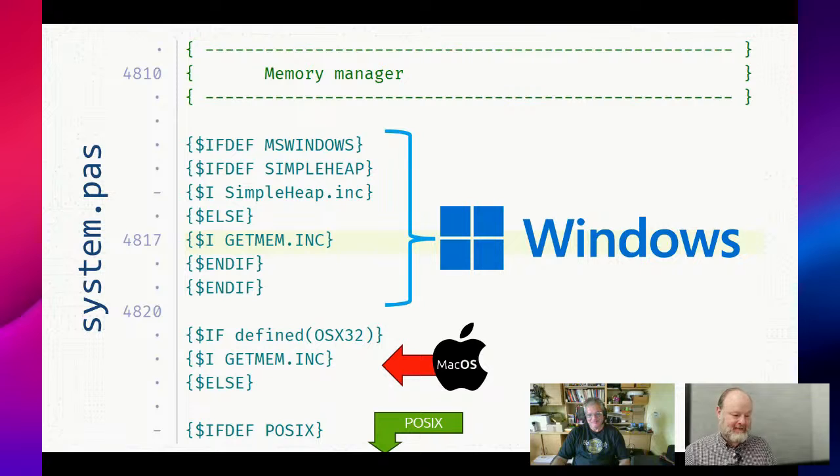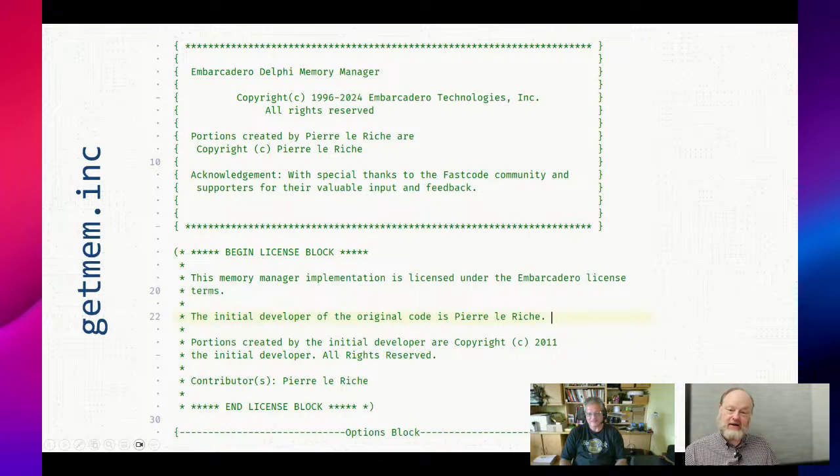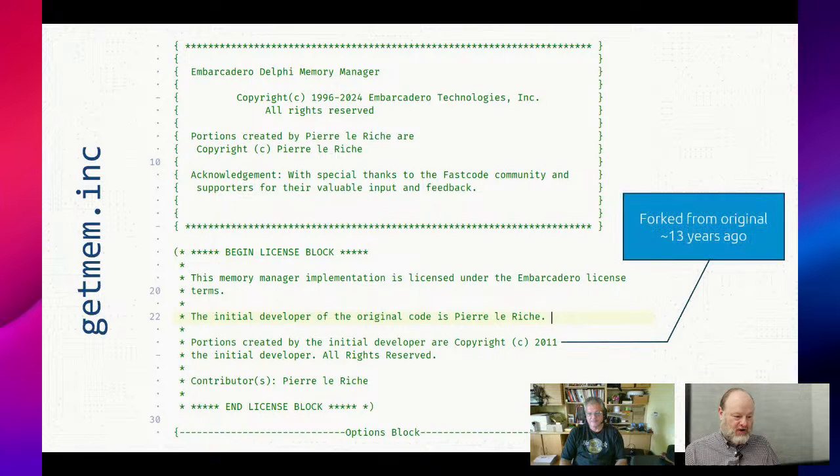Okay, all right. According to DocWiki, it is a different memory manager on Mac OS, but it's possible that's in here. So if you go into the gitmem.inc file and scroll down, you'll see that it's copyright Embarcadero, but has portions copyright by Pierre, and those portions are from 2011. So that's when it was forked from FastMM4. Anything that's changed in FastMM4, which is a lot, is not included in the version that ships with Delphi, although anytime there's a fork, there are new features and bug fixes incorporated as well.